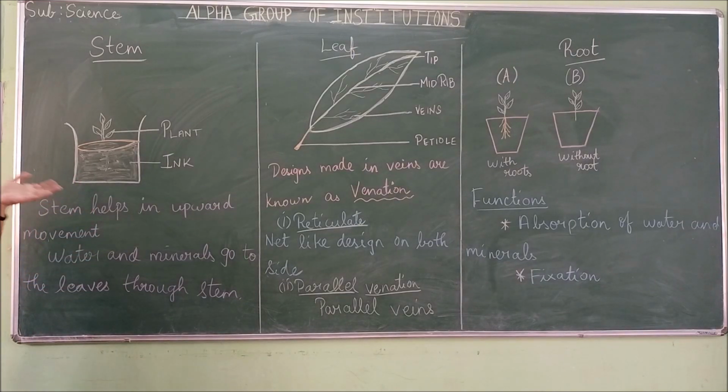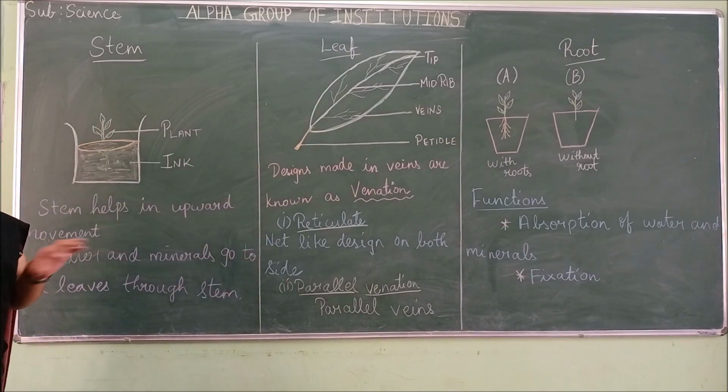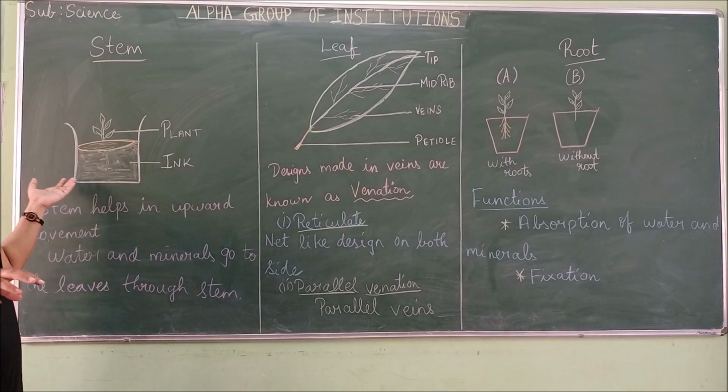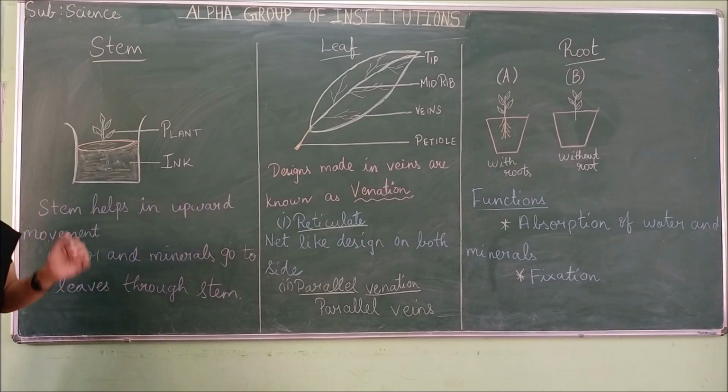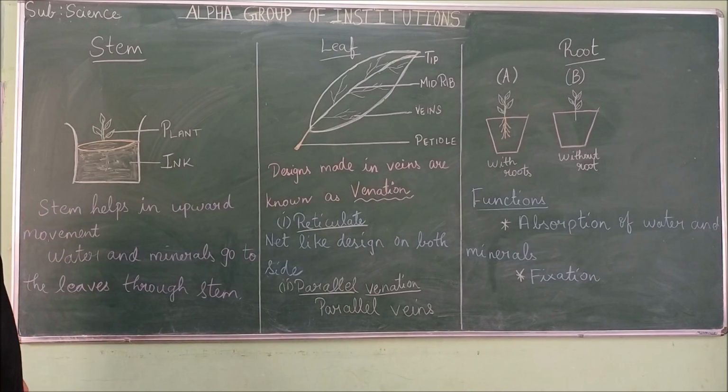When we pour ink water and place the plant, it sucks the blue or red ink and passes it through to the leaf. That is why we can see the color of the ink on the leaves. If you want, you can try this at home and tell me if there is any change. You can take pictures and show me.